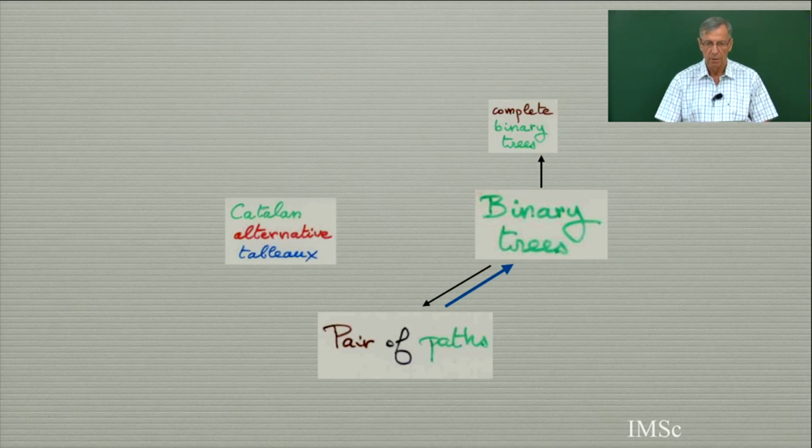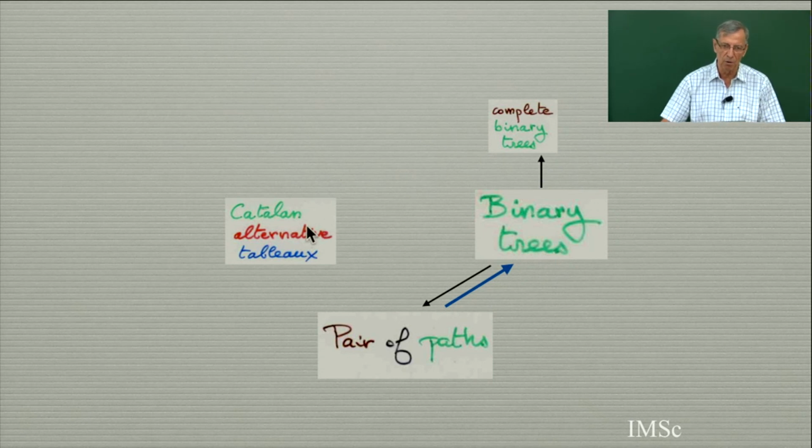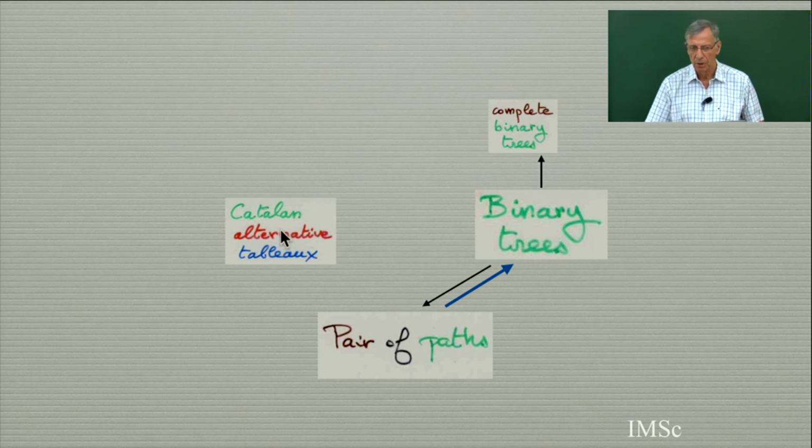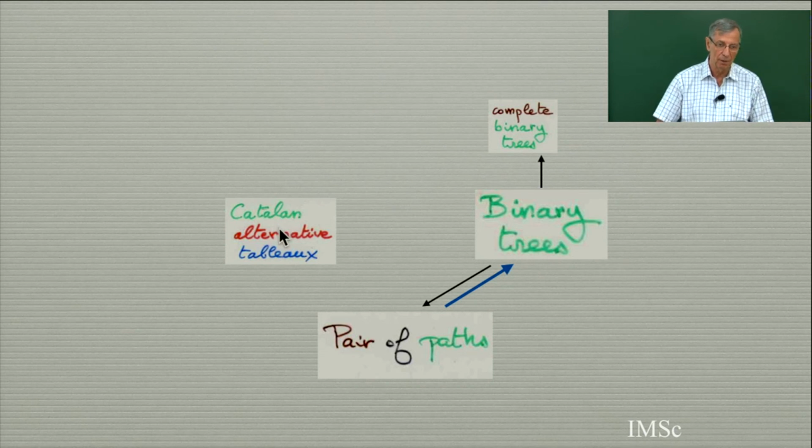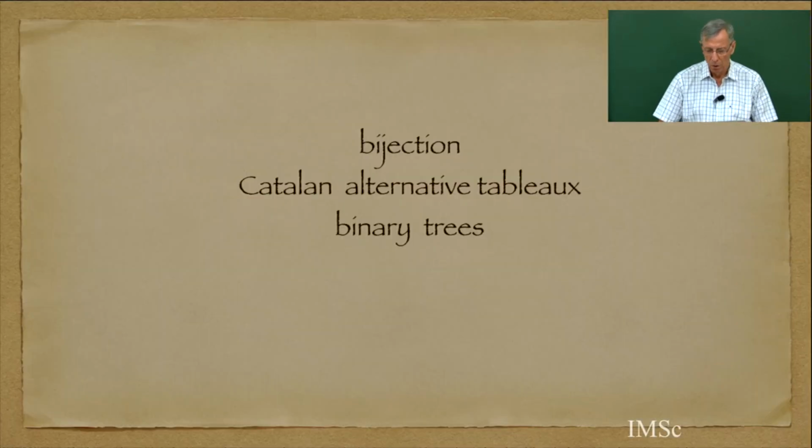So we have this. Now we have a binary tree, we have pairs of paths, we have defined two bijections between these two, and now let's go back to Catalan alternative tableaux. I will prove that they are really counted by Catalan numbers by giving two bijections, one with binary trees and one with pairs of paths. Why give two bijections? Because for the TASEP, we need both. We sometimes need binary trees to get an explicit expression of the partition function, and sometimes we need pairs of paths to do some other computation. So, the bijection: Catalan alternative tableau to binary tree.